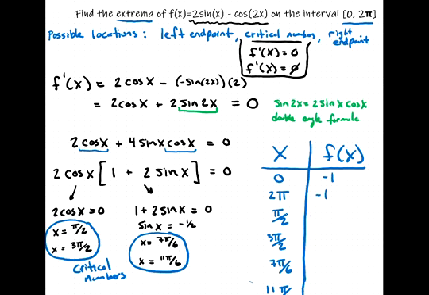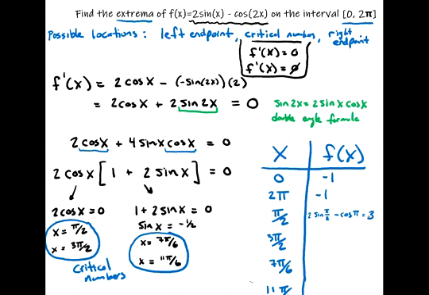Because if we plug in pi over 2 for x, then we'll have the cosine of 2 times pi over 2, the cosine of pi. So let's write this out. 2 times the sine of pi over 2 minus the cosine of pi. So that's 2 minus a minus 1, or